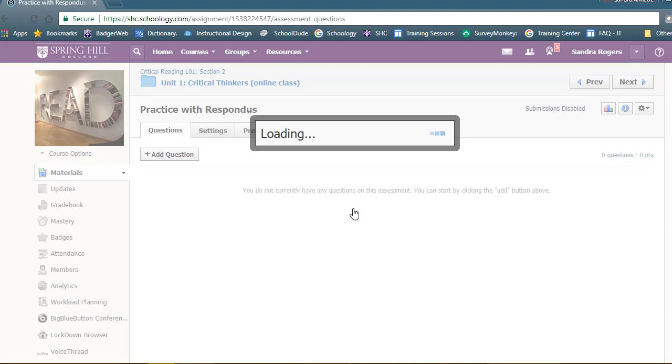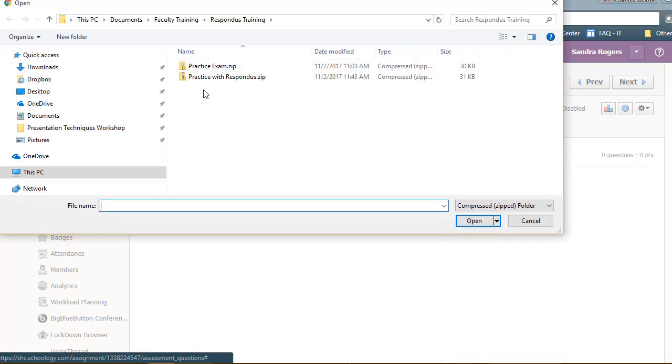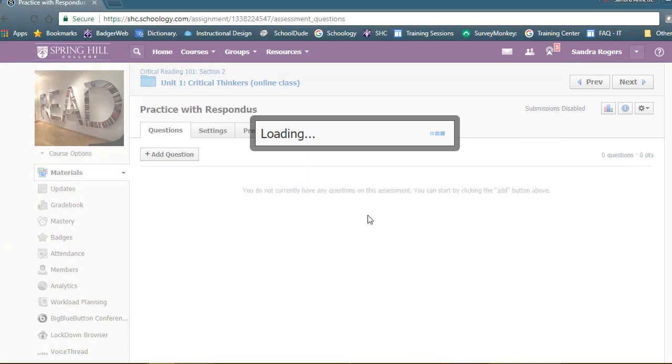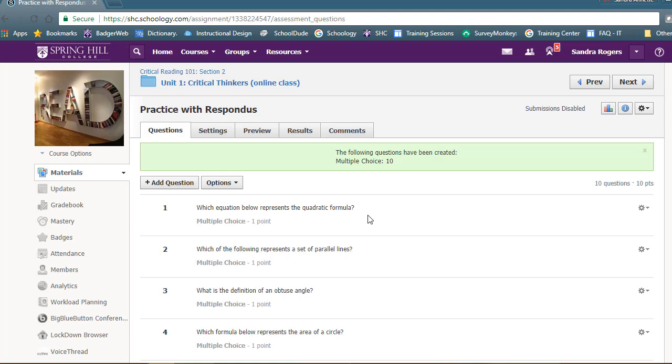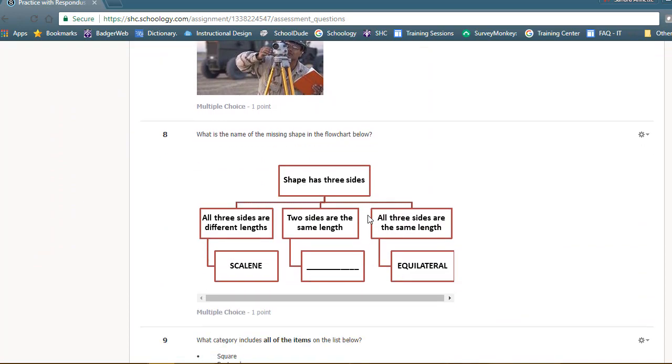Next. Now you have to hover over here to see the file icon. Here's the practice with Respondus zip file. Open, import. Alright, and now you will see all of your questions that have been imported from your text file.